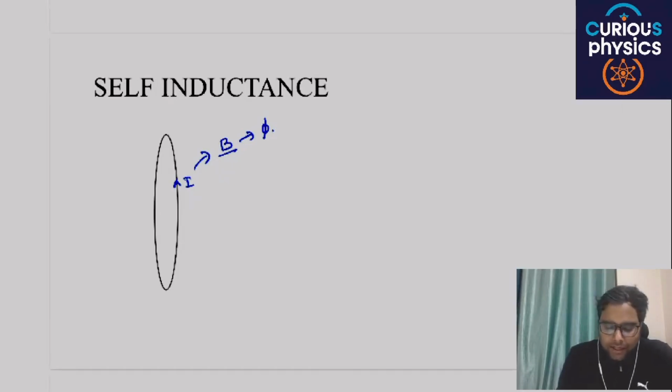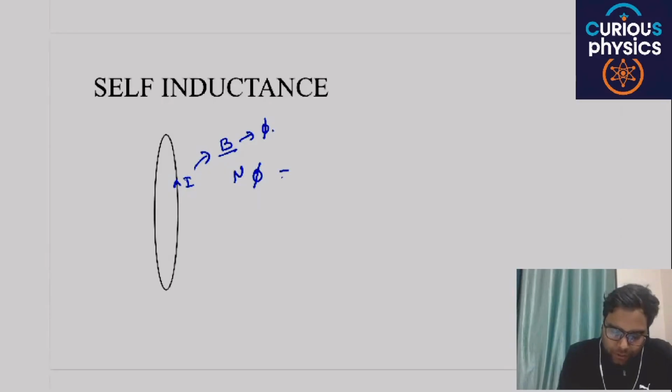If you want to change the magnetic flux inside this coil, you have to change the value of the current. So indirectly, if N is the total number of turns, N phi